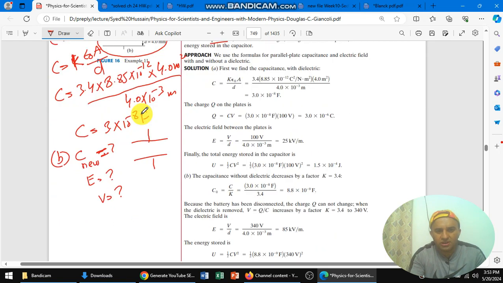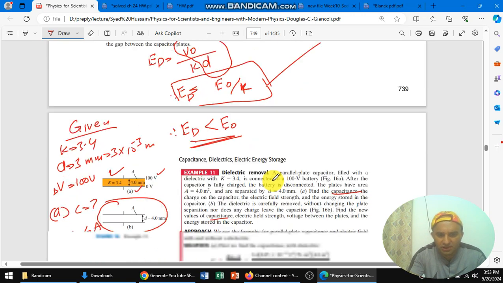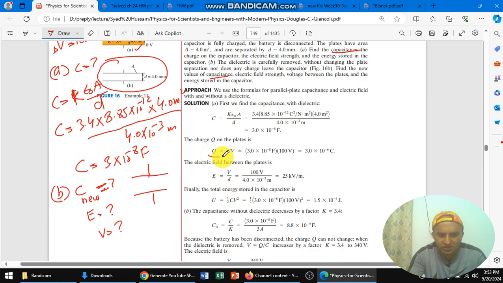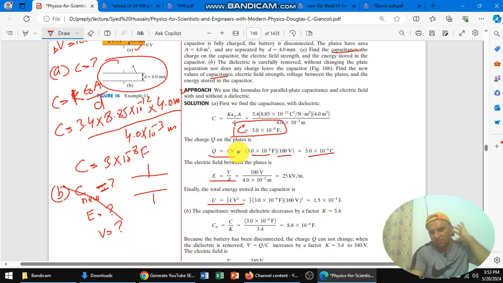Now, in order to find the new capacitance, in part A we also have to find the charge on the plate, the electric field intensity, and the energy stored. We know all these formulas. Q is equal to CV. For part A, C we already found, 3 into 10 to the power minus 8, and V is 100 volts, so we get 3 into 10 to the power minus 6 coulomb. The electric field intensity is V over D. We have V equal to 100, and D is 4 millimeter, so we get